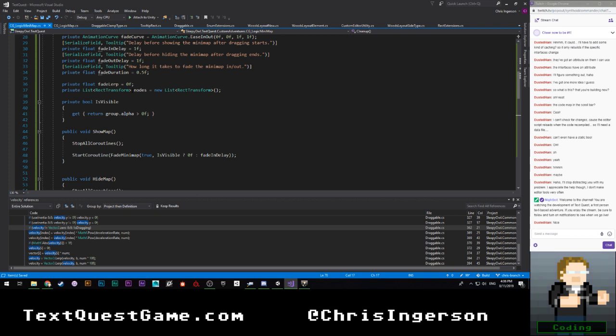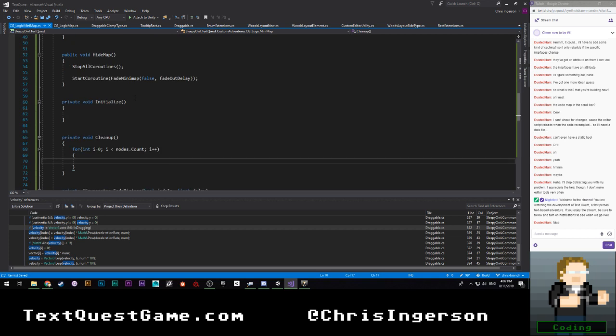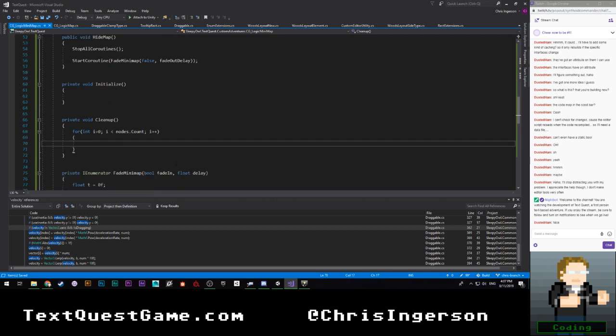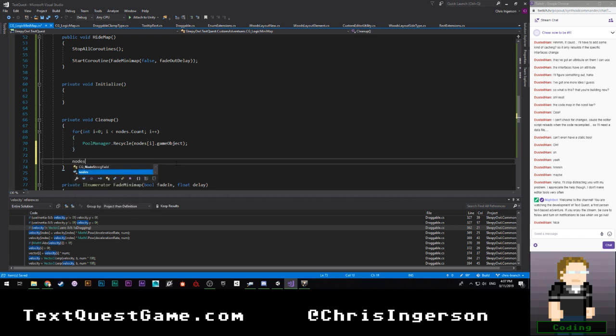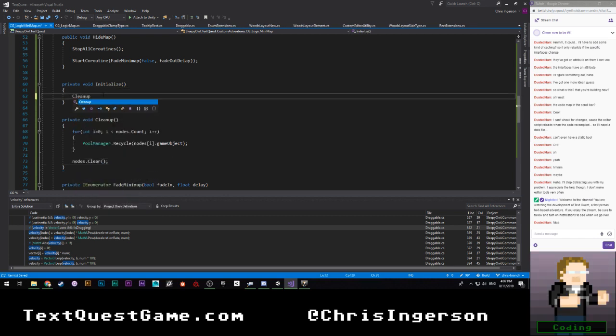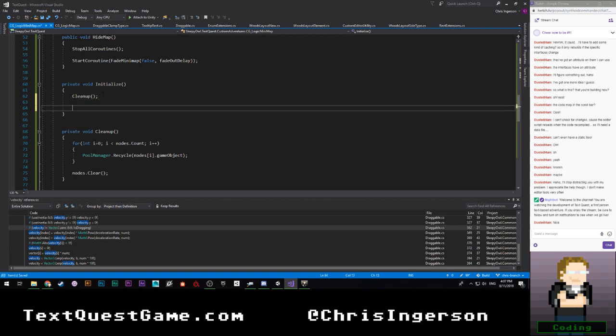For now, it's fine to do it this way, I think. So we're going to go ahead and say on cleanup, we're just going to go through all of our nodes and then say pool manager.recycle. Recycle nodes of I.gameObject. That's all fine. And then we're just going to say nodes.clear. On initialize, we'll call cleanup. And then we'll say